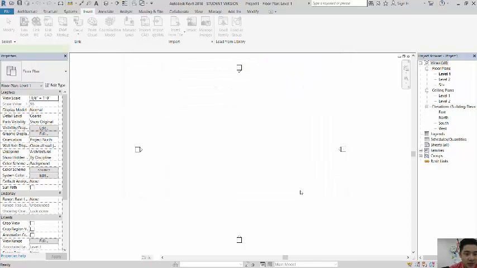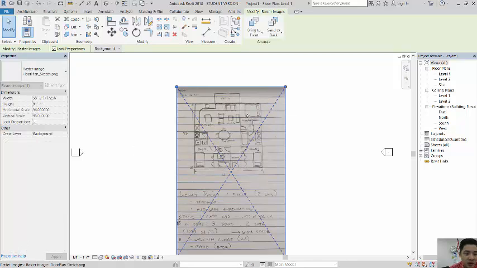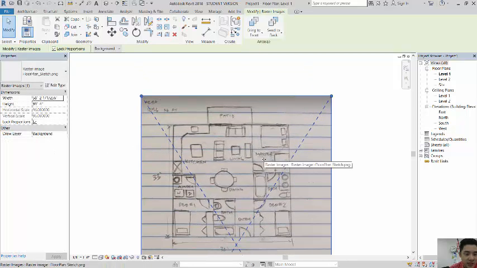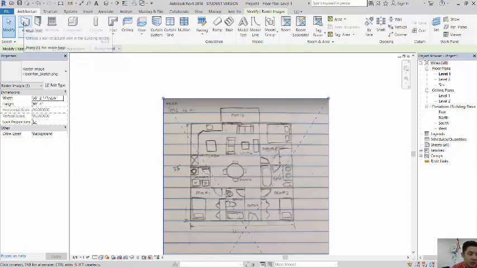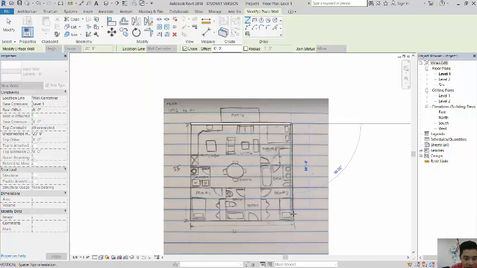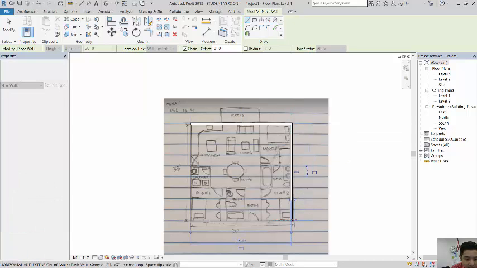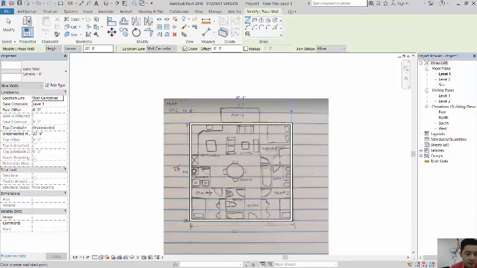Alright, so hit open, and the benefit to doing this is that it gives you something to work off from, right? So you kind of see here I've got an idea of what my overall plan is going to look like. And so once I'm here, when I go to architecture, I start building my walls. All I'm going to do is kind of just trace this out, and that's going to give me a way to follow my scale drawing. And that way, instead of guessing on general shapes, I can follow this around. Okay, and then from there,